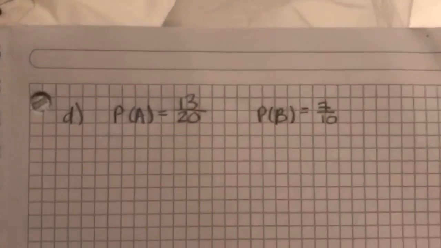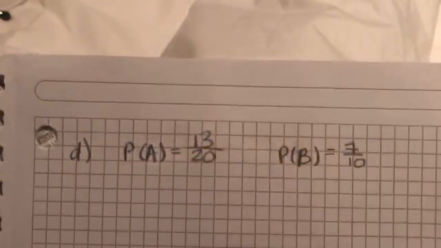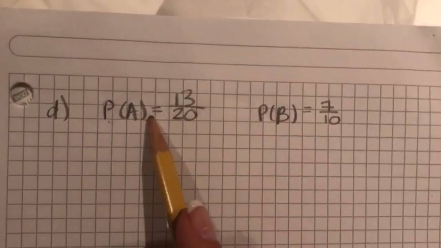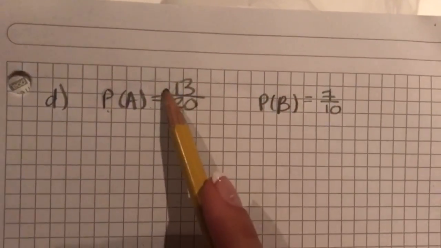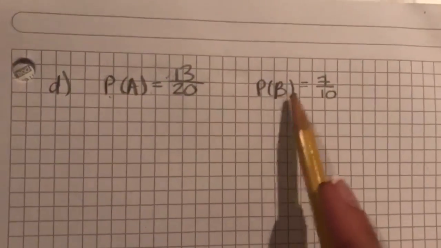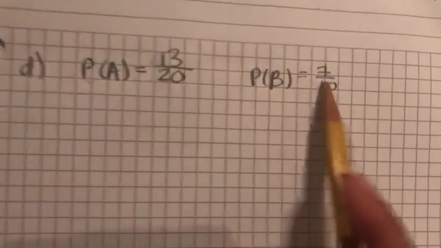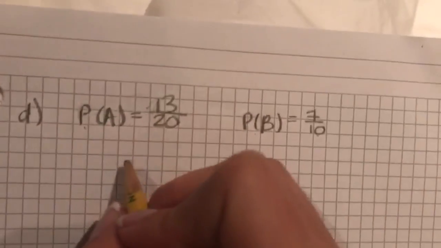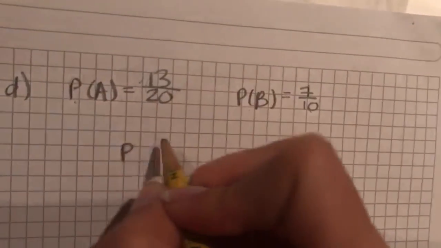Okay, so I have it right here with me. I'm gonna turn the camera so you can see it. This is the problem, letter D. So you have that the probability of A is 13 over 20 and the probability of B is 7 over 10. That's what the problem gives you, and then it asks you what the probability